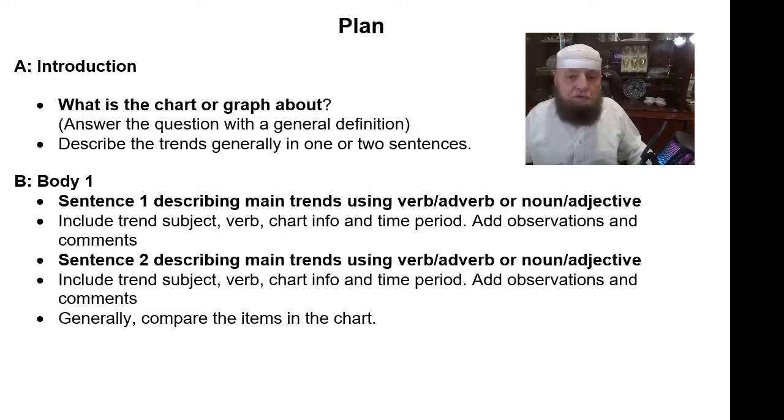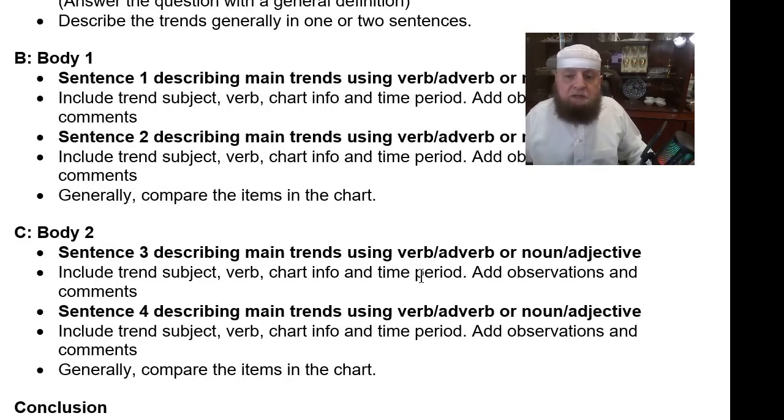The same will be true for the second body paragraph. The second body paragraph takes another item, a different item. There are the trends within that item. Use verb, adverb, or noun, adjective sentences. And again, the fourth item and the main trends that are happening there, using the same kind of language and